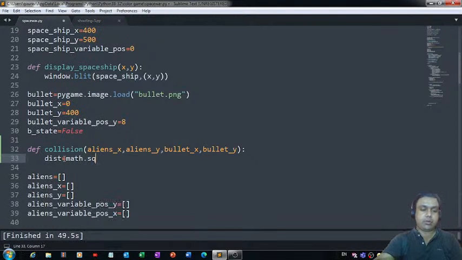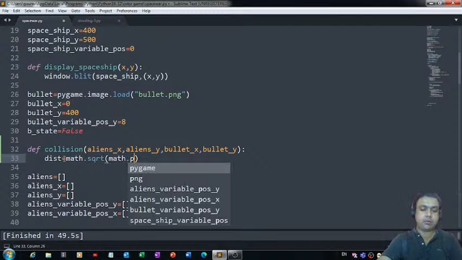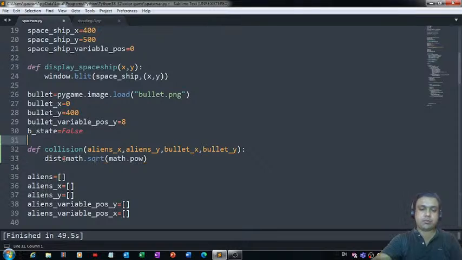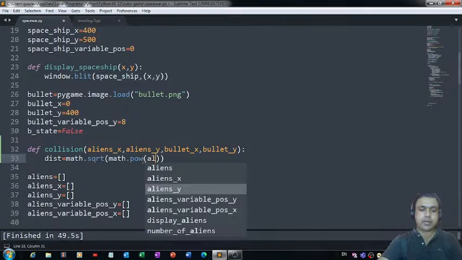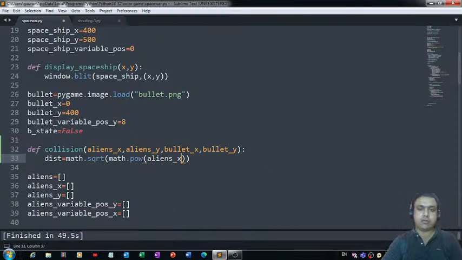So sqrt, and we'll have to use this math.pow. pow is for power, and alien_x minus bullet_x, and then we can place a comma, and we need to square it also. Similarly,